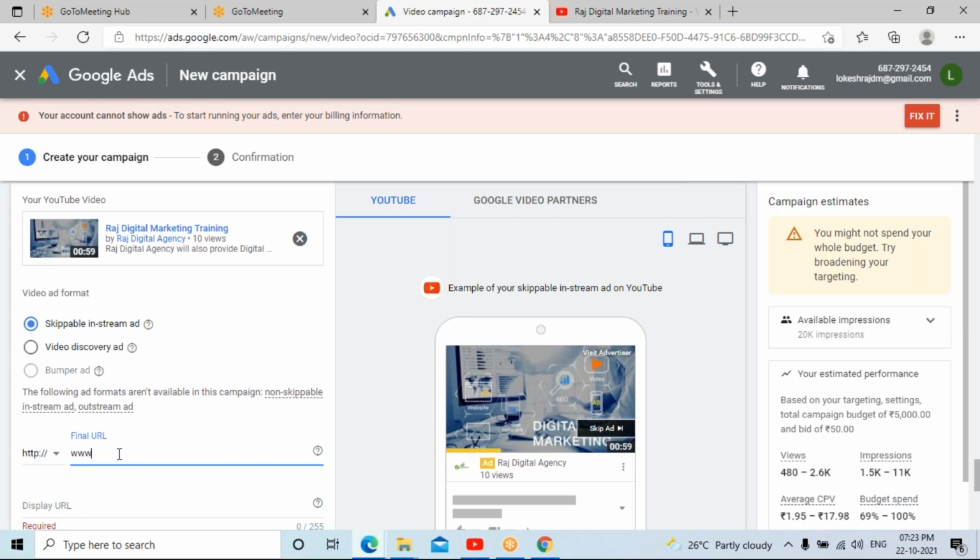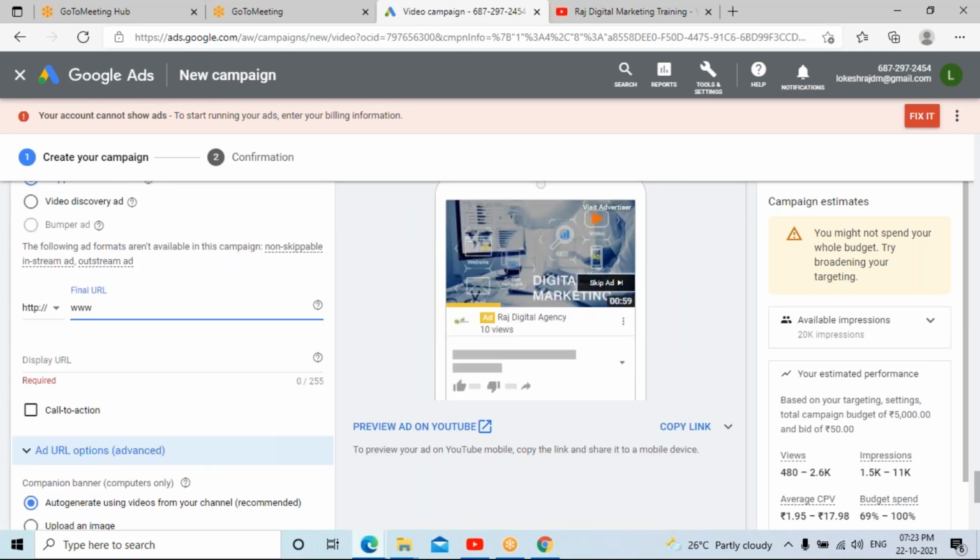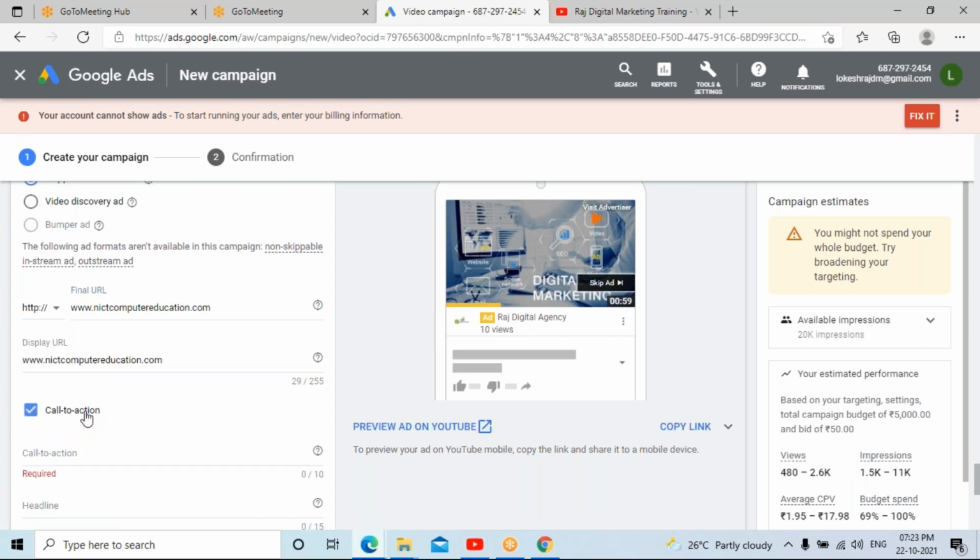So give it the content. Then call to action button.